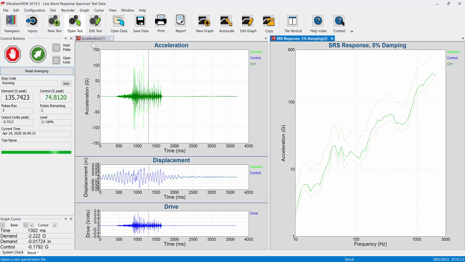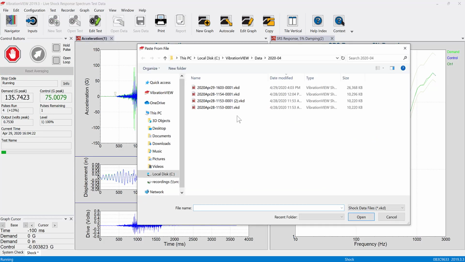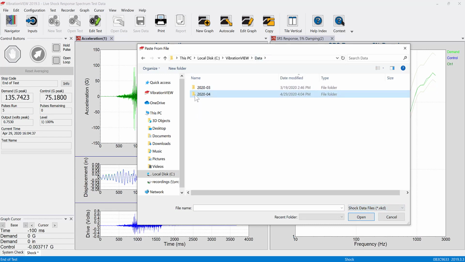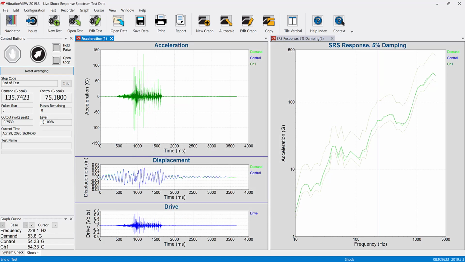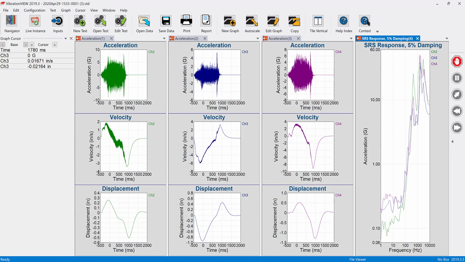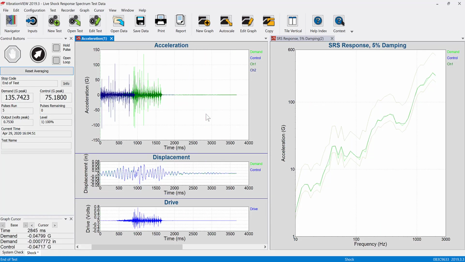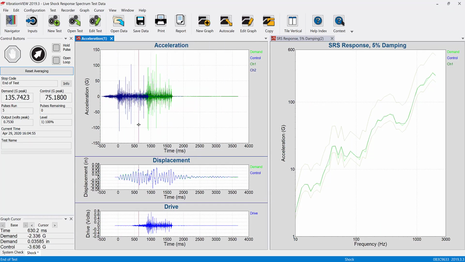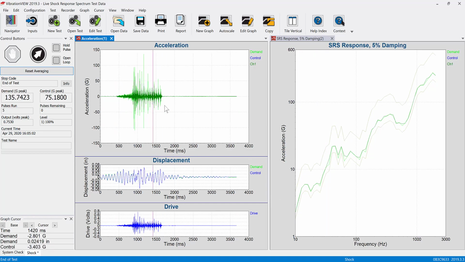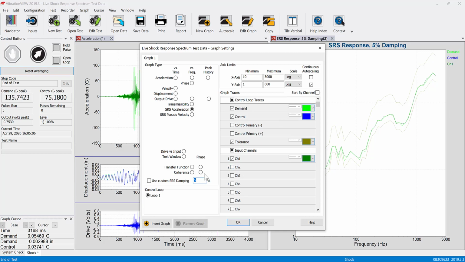So if we click on this graph and do edit, paste from files, let's just pick a few data files here. We'll just copy the data out of this one. Let's look at one of these. So if I copy this and paste that, you can see that those time traces are very similar to each other, and that I'm getting very similar SRS and